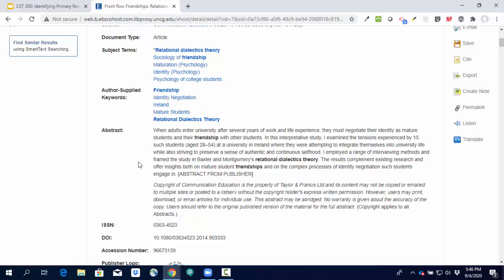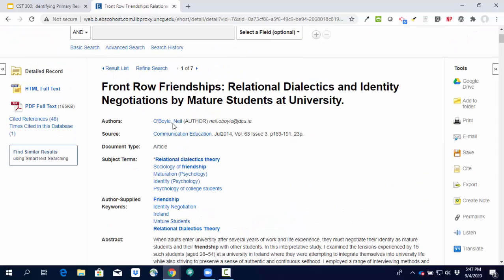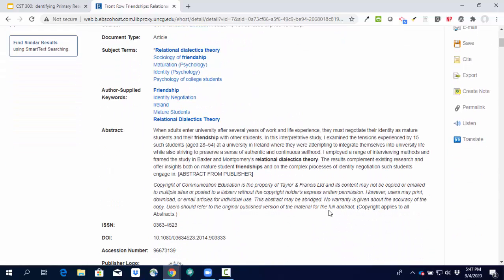And what I'm going to do here is start looking for those clues to determine if this is a primary research article. So I see already right off the bat, and I'm going to highlight it on my screen, in this interpretive study, this particular author actually even uses first-person language. I examined the tensions. I employed a range of interviewing methods. But this is definitely making it very clear to me that this author, Neil O'Boyle, actually conducted the study that's